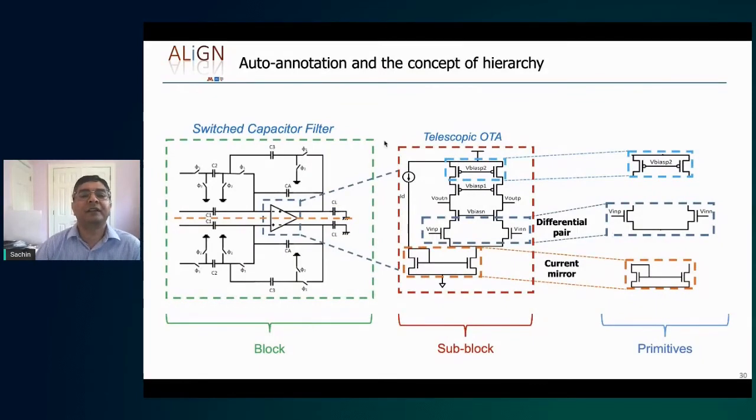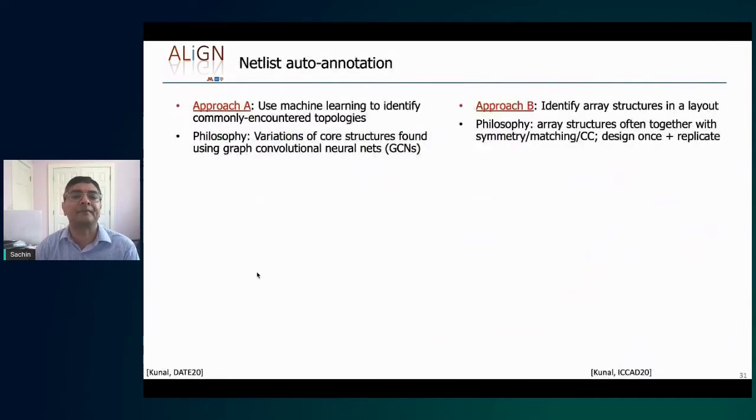So when we go back to this picture over here, we had this netlist, which was at the transistor level. I've shown this as a block here, but it's actually a transistor level description. The idea is to ask the question, as I'm going through this hierarchy, within this entire structure, which group of transistors corresponds to the OTA? And of course, it's not just the OTA. If I have other types of blocks, such as VCOs, LNAs, etc., I might want to do exactly the same.